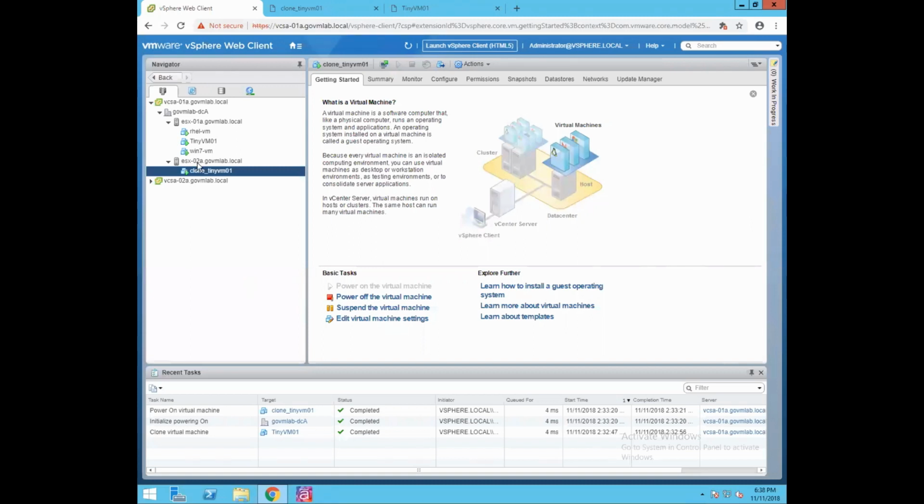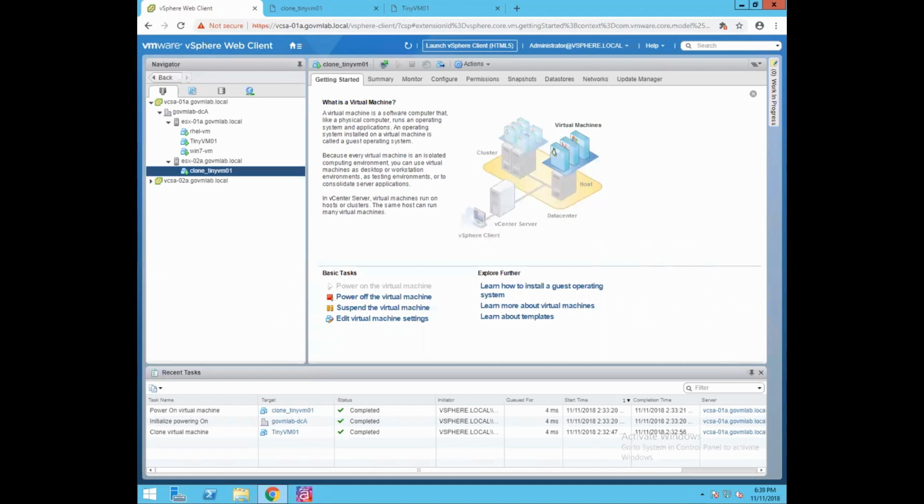Now, there was one more option, customizing the operating system. Let's say you have a Windows machine and you have given a specific name to that VM. Inside the VM guest operating system, you might have configured some specific IP. Now when you are cloning that VM, you want to make sure that there is no IP conflict, or you want a user-defined name assigned to your VM instead of a system-generated name. So how can you do those kinds of customization to your clone VM?